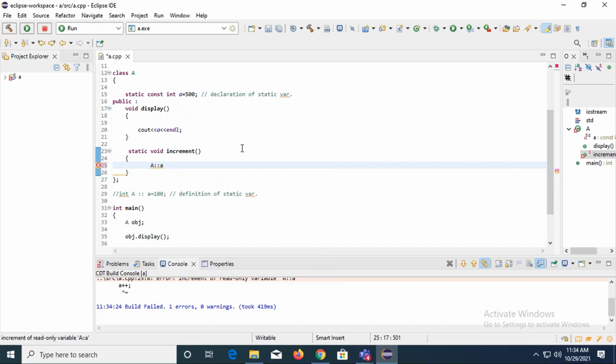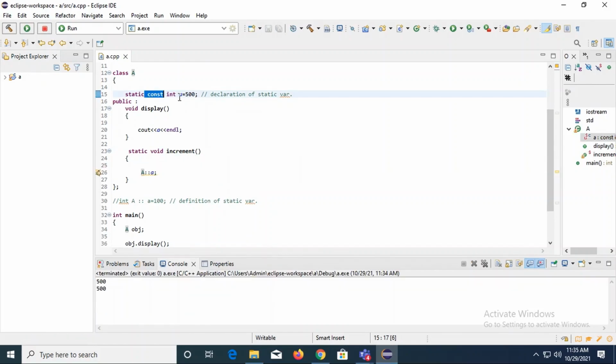So when I'm doing it here now, this is constant. Fine. So that's what I wanted to tell you about static and constant. If I defined constant, I cannot modify the value of the variable. If you have assigned it 500, you cannot modify it. Fine. Sorry for this, I got confused between the two. Static is about the storage allocation. Whatever allocation is done, I'm talking about the address of that variable.